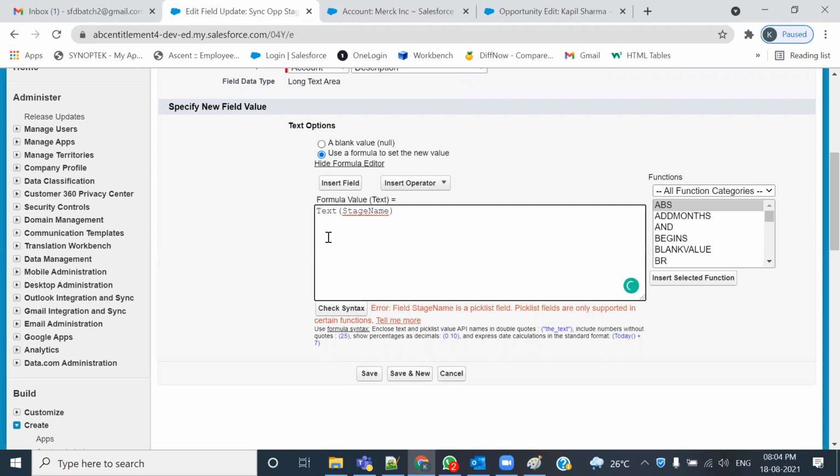ये फंक्शन आपको यूज करना है, बहुत सारे फंक्शंस होते हैं, all the function categories, these are the function types. आप इनमें से चाहे जो फंक्शन यूज कर सकते हैं। मैंने यूज किया है टेक्स्ट, I have used this function, और ये अपनी जरूरत के हिसाब से आप धीरे धीरे सीखते हैं, ठीक है। तो यहाँ जो फंक्शन मैंने यूज किया है टेक्स्ट, टेक्स्ट क्या रिटर्न करेगा मुझे, टेक्स्ट रिटर्न करेगा कि ये पर्टिकुलर जो फील्ड है, जो कि एक पिक लिस्ट है, उसमें जो भी